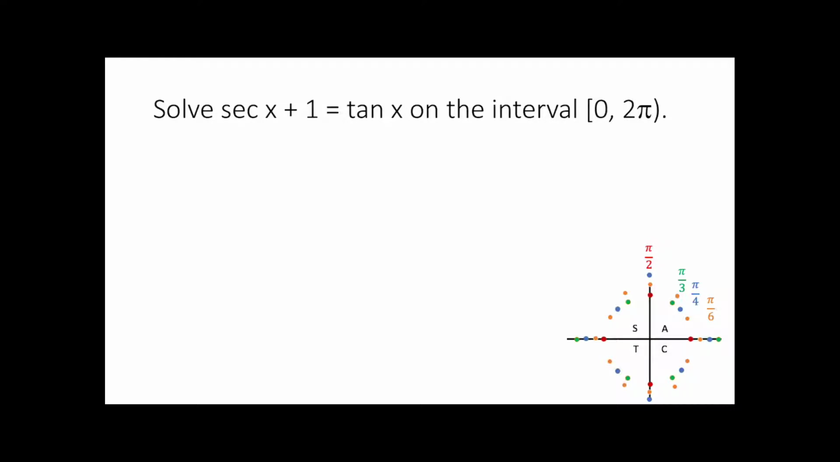Next, we're solving secant of x plus 1 equals tangent of x on this interval. Once again, we have two different trig functions, but we don't have the advantage of them being squared. We know that tangent squared of x plus 1 is equal to secant squared of x from our Pythagorean identities. So if we square both sides of the equation, we will end up with a tangent squared of x, which could be utilized to help us get this in terms of